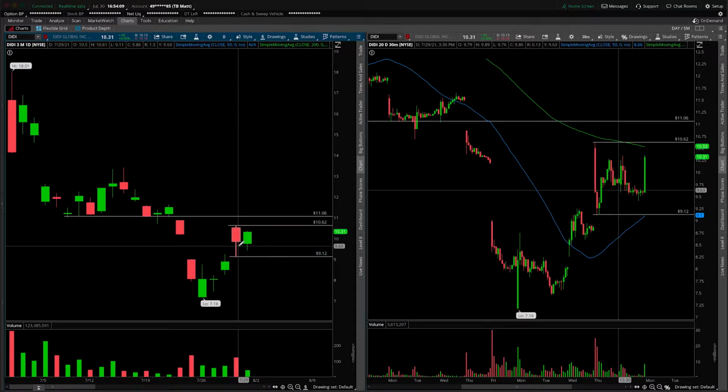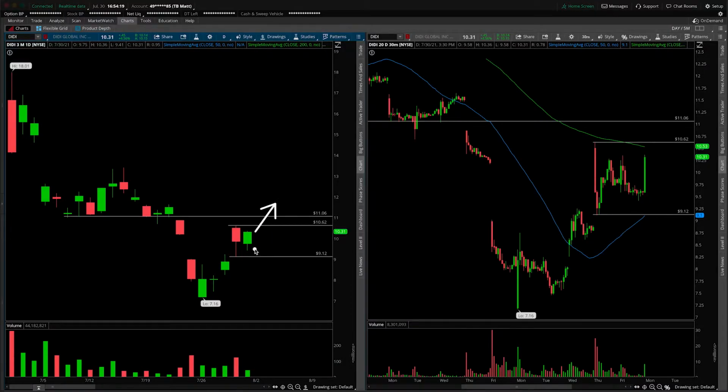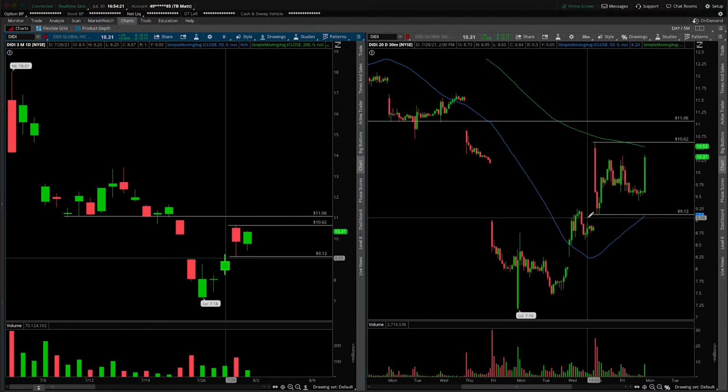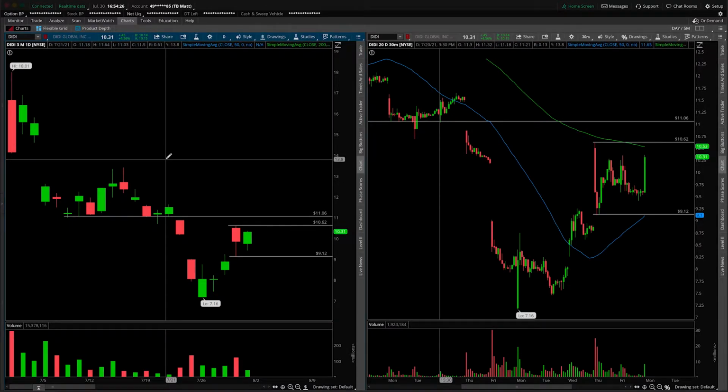So Thursday obviously engulfs the entire range of Friday. You could call Friday the inside day of Thursday. However you want to cut the cake here, we're basically looking for a potential move out of this two-day balance to either take us higher and or lower. Okay, so obviously in a downtrend, heavy regulation coming out of China, not really going to favor this for any